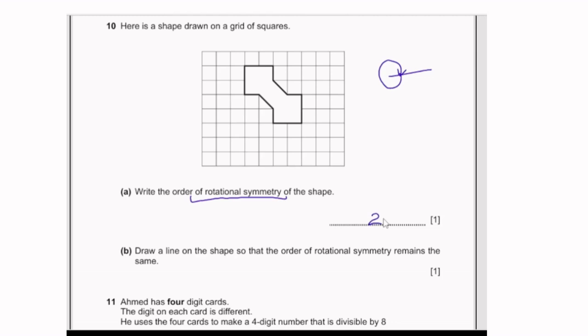You can use tracing paper to show the rotational symmetry. Draw a line on the shape so that the order of rotational symmetry remains the same. So it is going to be here when we come here like this, and the other one is going to be